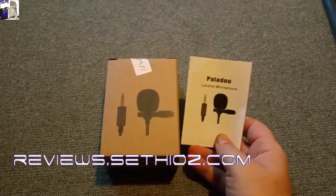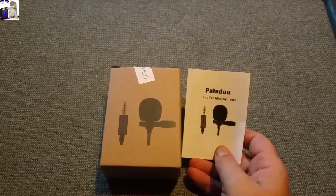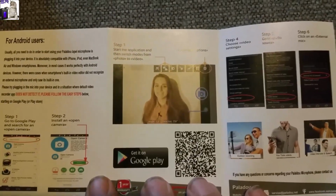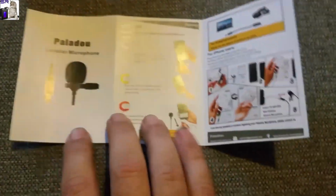Today we have the Paladou Lavalier microphone. It's a microphone for your Android phone or iPhone, or you can use it for PCs as well. Comes with a nice little set of instructions. Let's see, it's pretty standard. I guess if you want to use it for your phone, you're going to need to download and install the application, which I'm never a big fan of, since, you know, it's a microphone. Alright, so that being said,